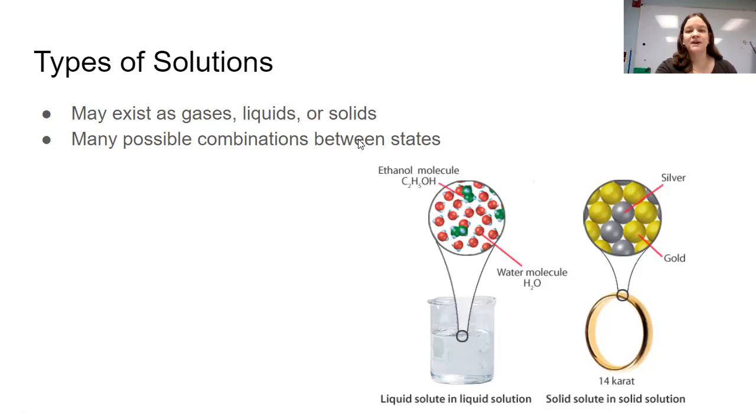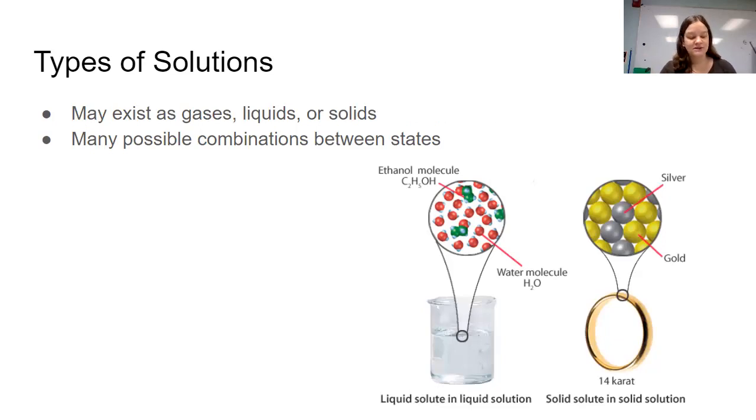Okay. And there's many possible combinations between the states. So we've talked about a solid solute in a liquid solution, dissolving salt into water. We've talked about liquid and liquid, here's solid and solid. You can have gas dissolved in liquid. There's a lot of different possibilities, okay? And so there's actually a chart in your book that gives you the solute and the solvent for